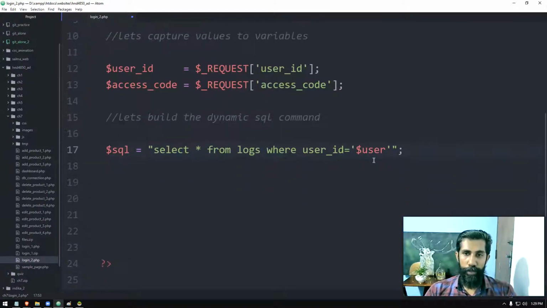Do not continue because you can't say password is also matching. If you use that one, using SQL injections, it can be easily hacked, right? So we are not giving that chance. So I'm going to execute the SQL command.